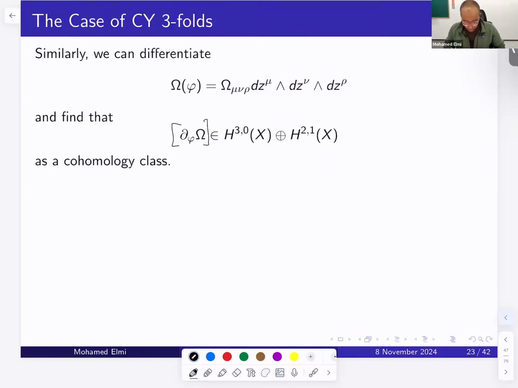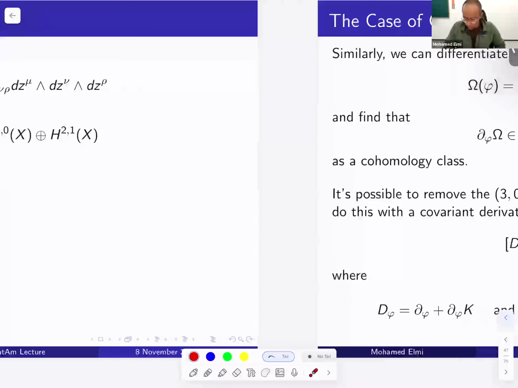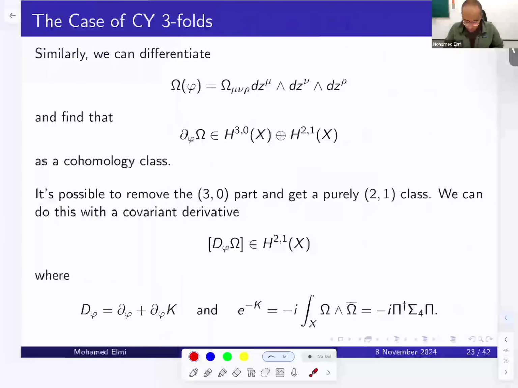And so this is some standard fact. And really, you can then go back and try to delete this 0 part, so you just end up purely with a 2-1 cohomology class. And this is what some tricks from special geometry allow you to do. So you define these covariant derivatives. And as before, as I explained earlier, there are different ways of thinking about it,